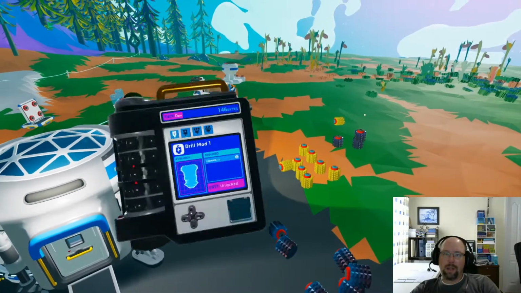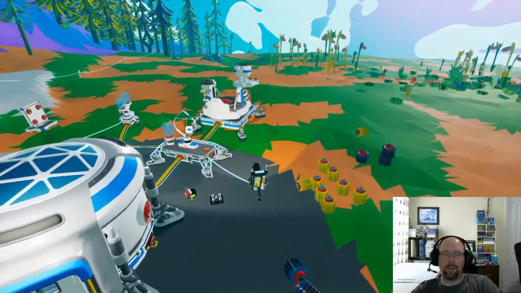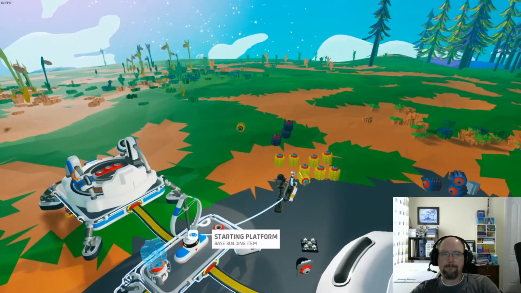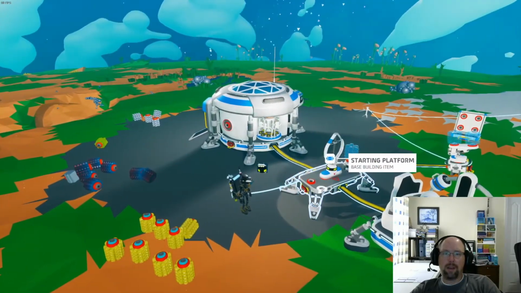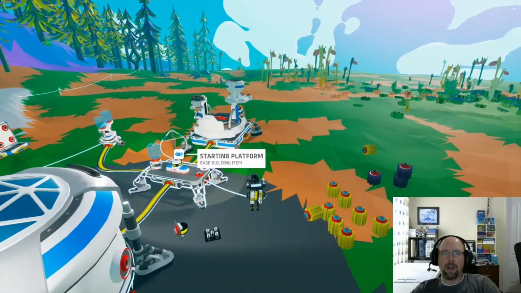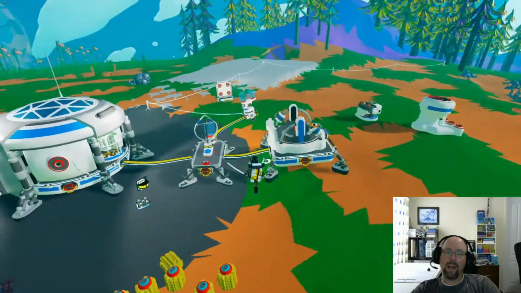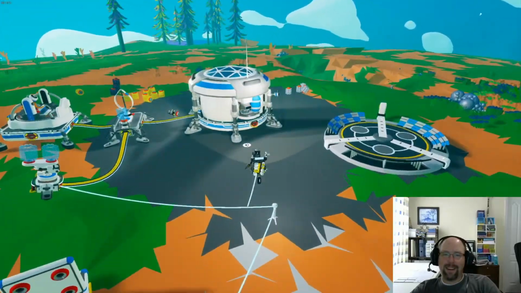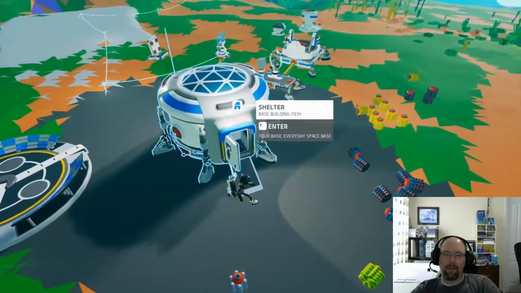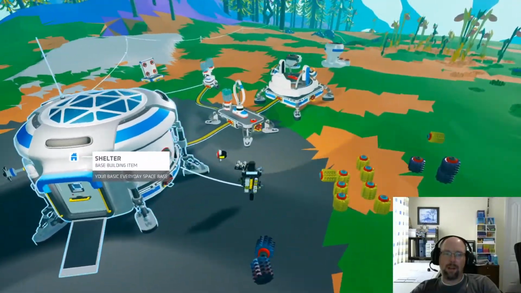Okay, so I just unlocked a drill mod. It requires a ceramic. And I remember seeing a ceramic in a crashed ship. But I don't know where that is. And I really don't want to go find it right now. I'm trying to wait for some of that larger exploration till